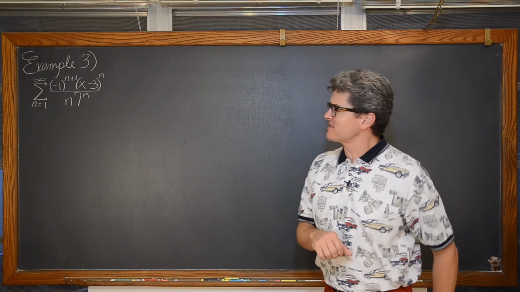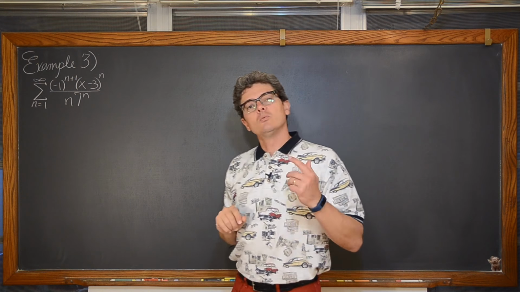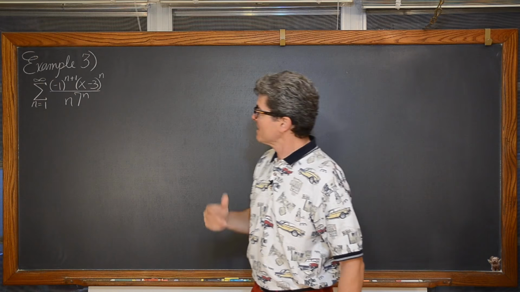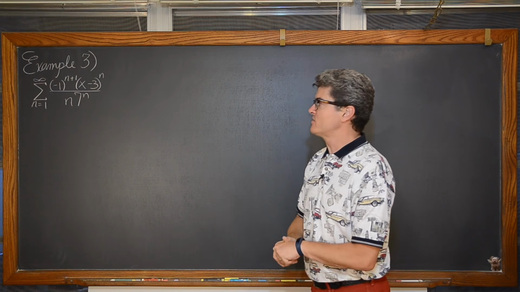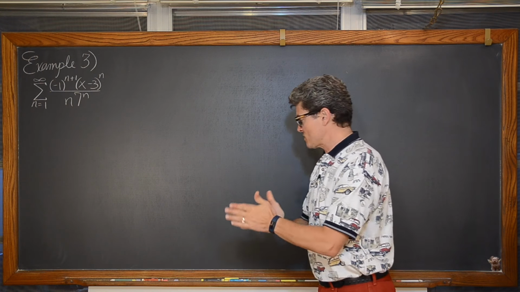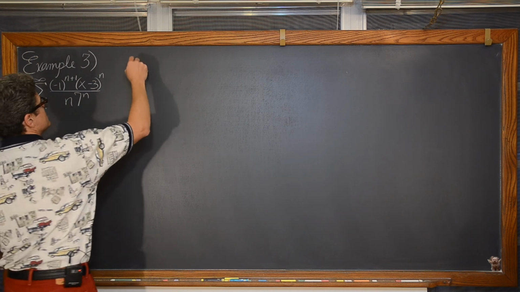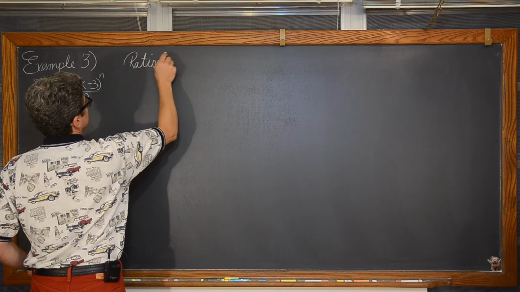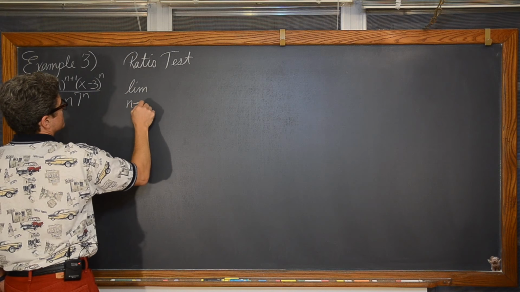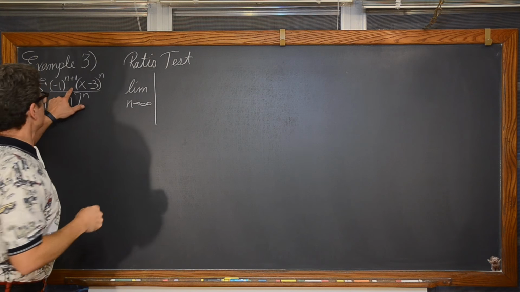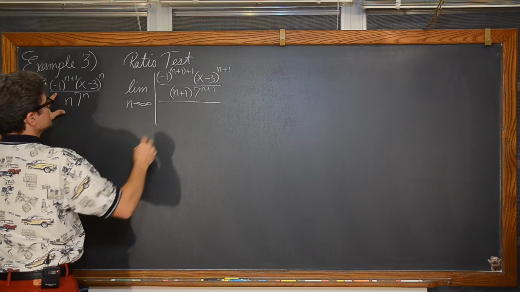And for our third and last example, we have the summation where n starts at 1 and goes to infinity of (-1)^(n+1), which means that we are looking at an alternating series, by the way, times (x - 3)^n over n times 7^n. Okay, so we're looking for the interval of convergence of this power series, which means that by the ratio test, we are looking at the limit as n approaches infinity of a sub n plus 1 over a sub n.